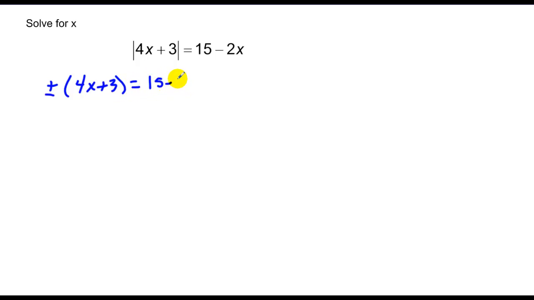And we just handle it like we would any other equation in one variable with two variable terms on either side. We say we've got 4x plus 3 equals 15 minus 2x. That's one equation. And then we have our opposite of 4x plus 3